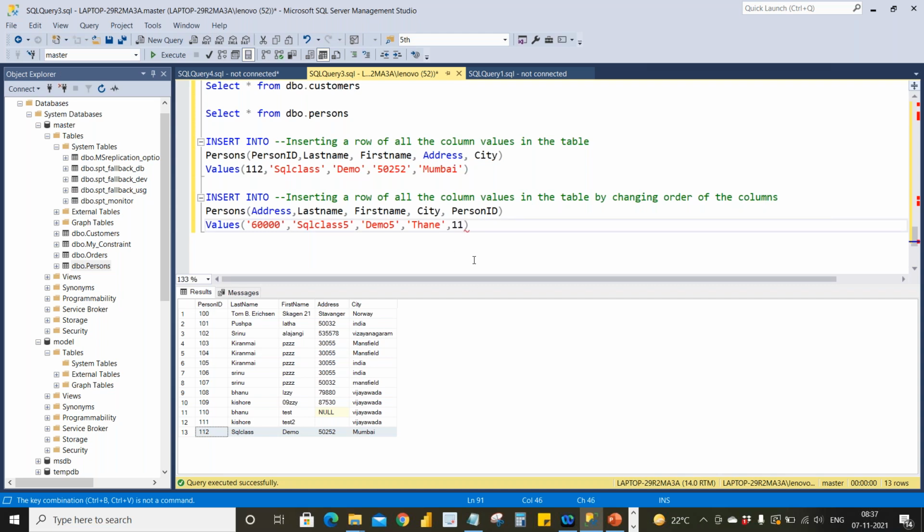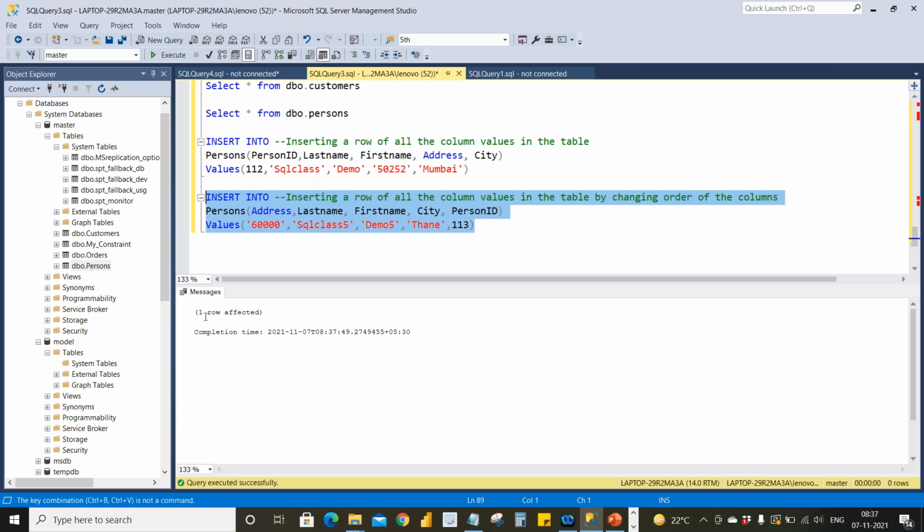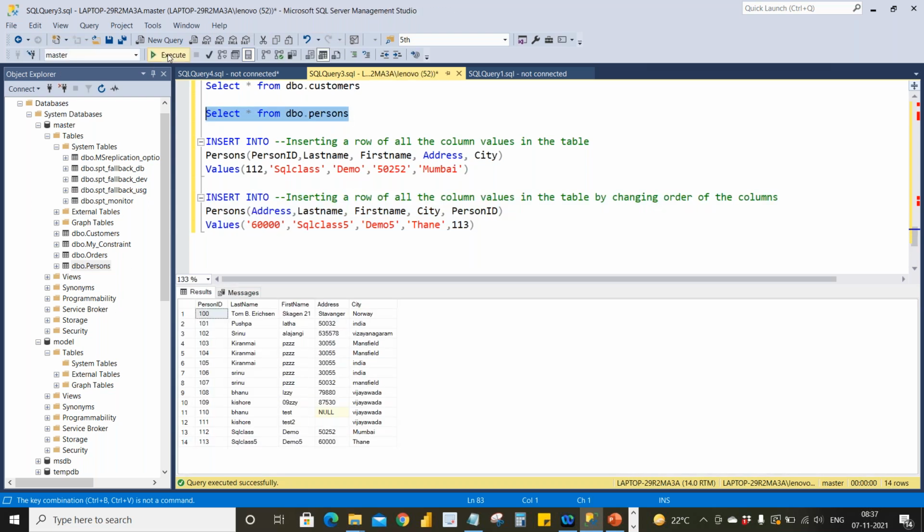Person ID again 113. Okay, so I have changed the order of the columns. It's affected, right? Then I'll try to see. Person ID I have given as 113. It has come as 113.